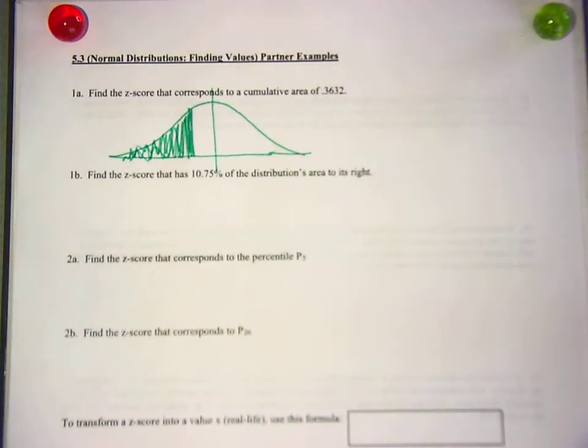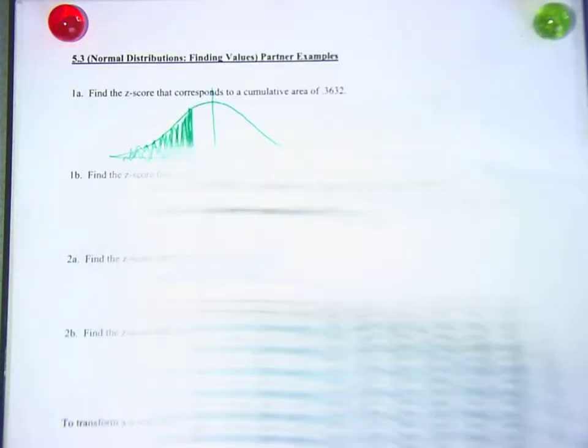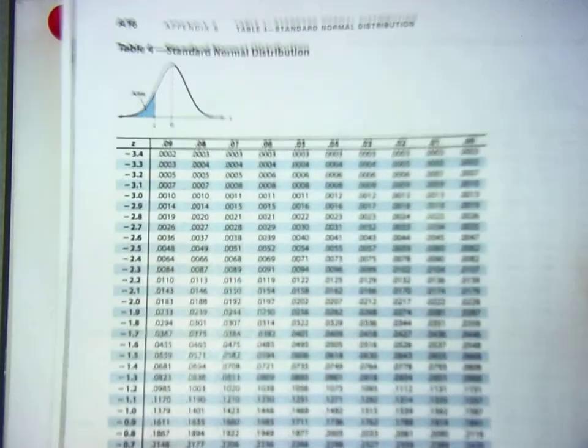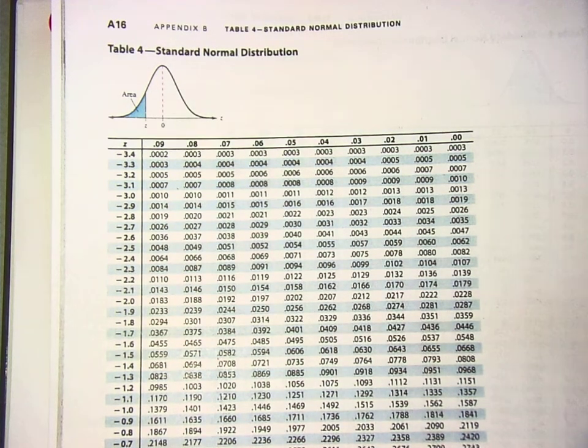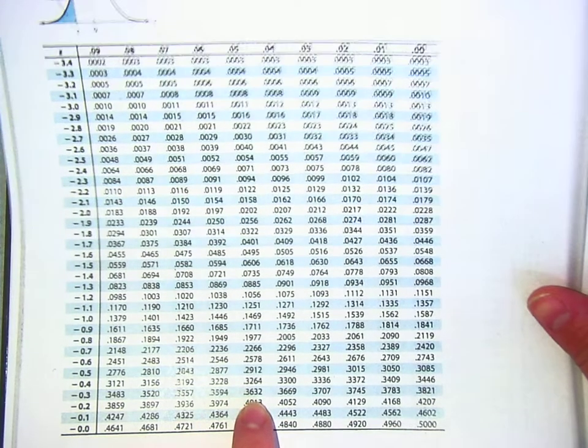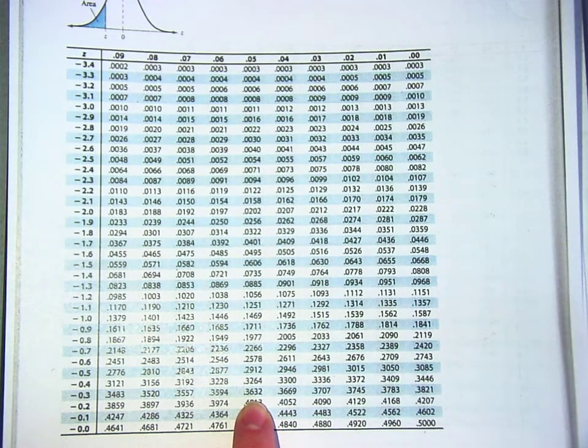Before, we were looking on the outside, right, and matching them up and going to the inside, but now we're doing what? We're starting on the inside, which means you should be on the negative one. So you should be starting on the inside and looking up 0.3632,